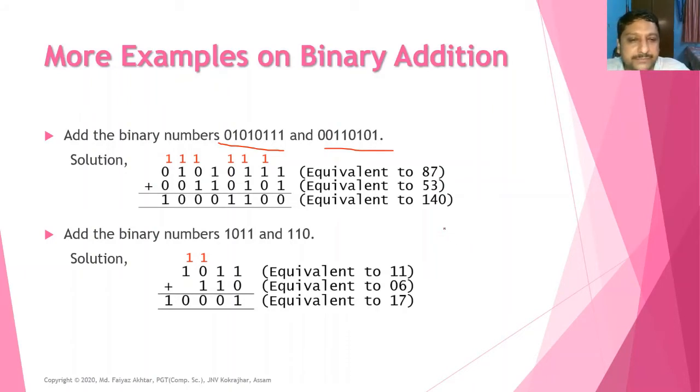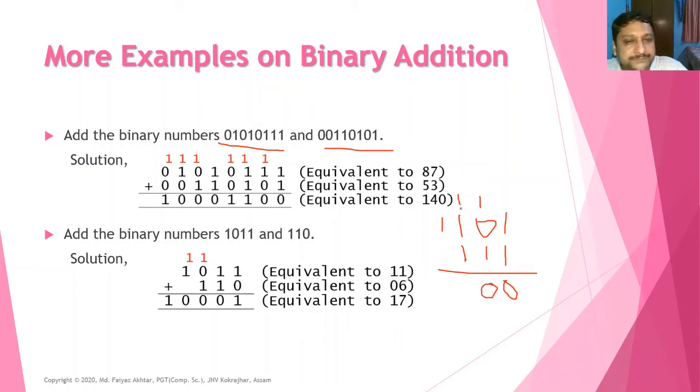Suppose we are going to give you another example. 1 1 0 1, and then 1 1 1, like this. Now we are going to add manually here. 1 1 will become 1 0, 0 is written here, so 1 is carried forward here. Then 1 1 we have to add, then it will become 1 0, 0 is written here, 1 is carried